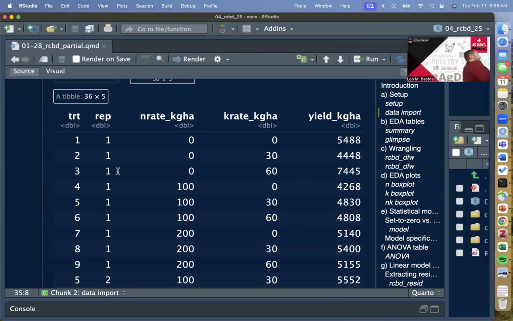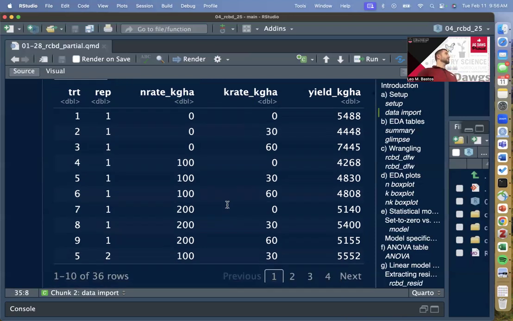If you remember, we have to do some wrangling on this data set. This is just that raw data again. We need to do some wrangling here that is going to be very important for our modeling. What were we doing that was really important here, based on how R is interpreting our columns? You switch things to factor. Yes, she said switch things to factor. Which things? You need to switch the N rate, K rate variables and the rep. Perfect. So yeah, we change rep, N rate, and potassium rate to factor